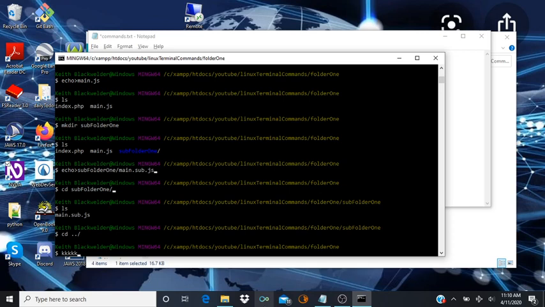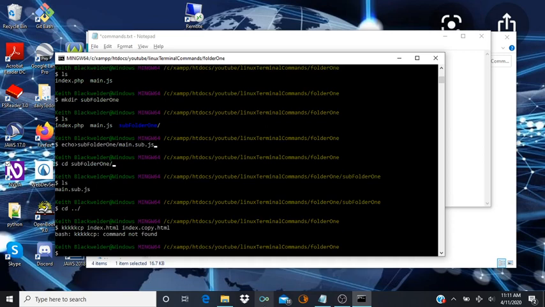So you type cp space, and then you type the name of the file that you want to copy, so index.html. Then you type the location and the name of the new, copied file. If you just go ahead and type in the name, index.copy.html, now I've just typed in the name. If you press enter,